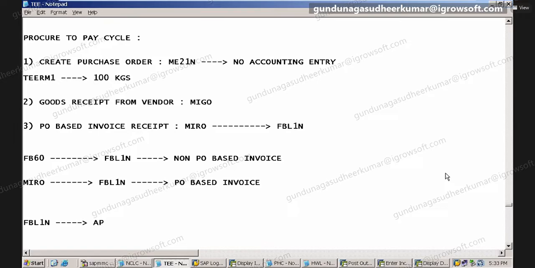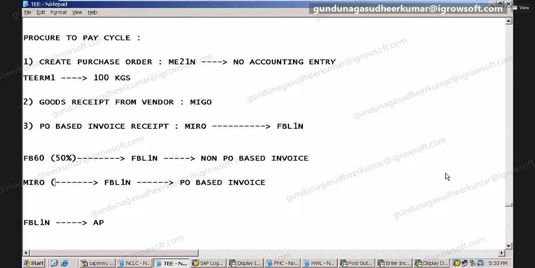Accounts payable is nothing but FBL1N, and from there you are making the payment. Now, if you do not know this, understand, this is 50%. And then this is another 50%.